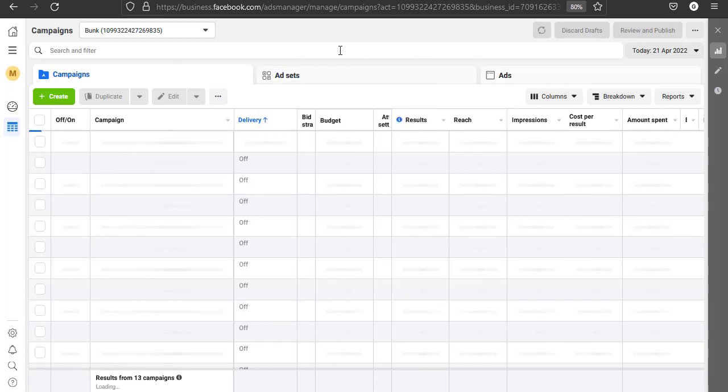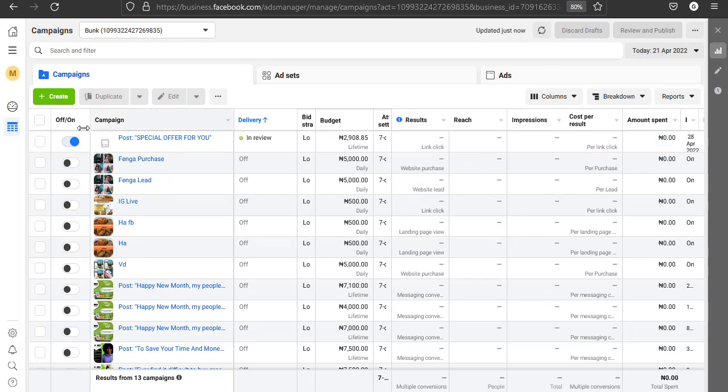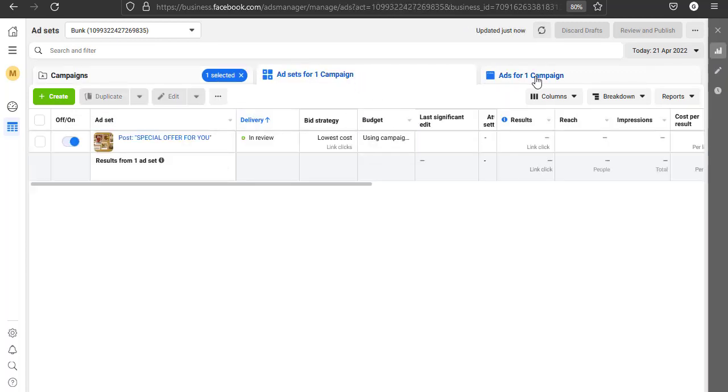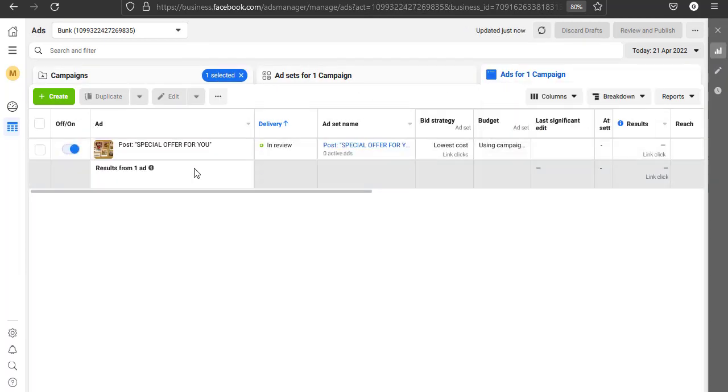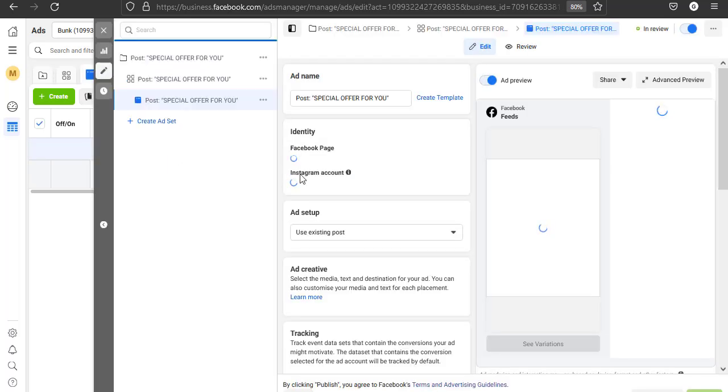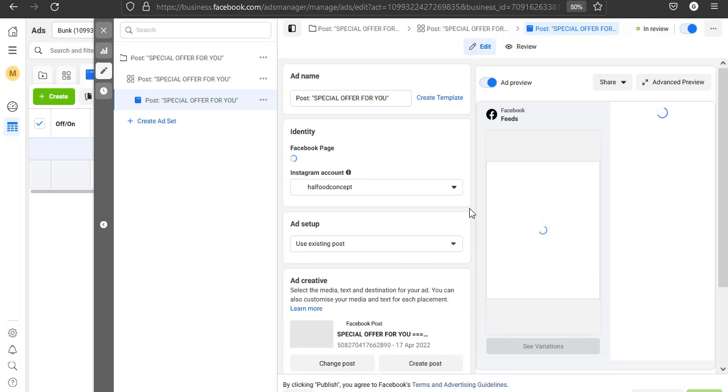Now if you are to refresh, you are going to see the new advert that we did, which is this one. One of the disadvantages of this is that if you decide you want to edit anything, you can't do that from here. You have to switch it off and go and start something else. Now let me give you an instance. When you click on edit now,